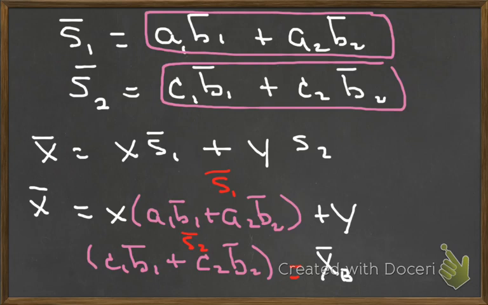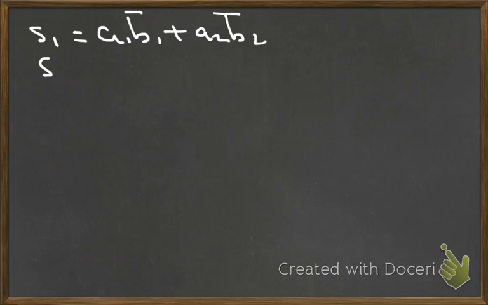But now let's look at our expression up here at the top. I'll just rewrite it on the other side. So we've got S1 is equal to A1 B1 plus A2 B2, and S2, vectors here, is equal to C1 B1 plus C2